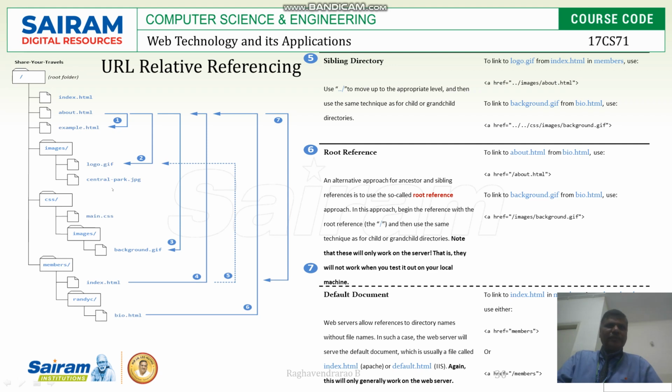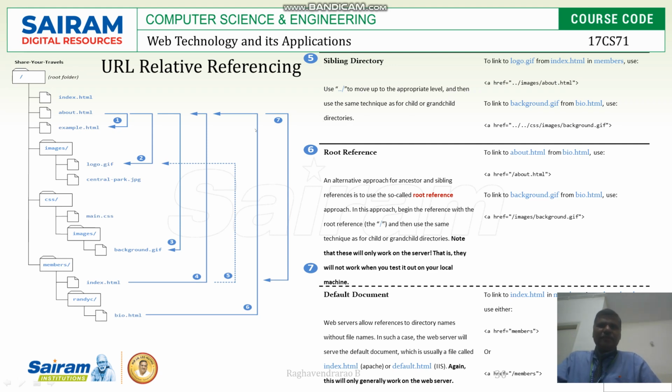Now this is another one. Now you see root referencing, or you can say sibling referencing, it is going to be. Now its background.jpg is there. To go to this particular location where it is going to start here, now you see double dots is there. Why double dots? To move up to the appropriate level and then use the same technique for the child